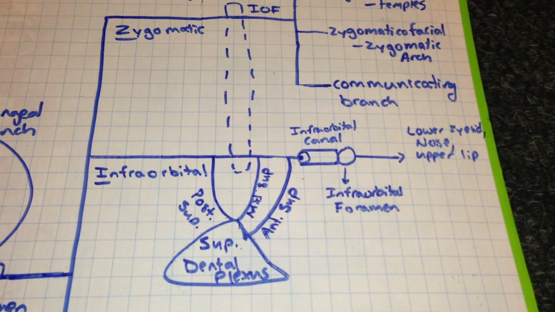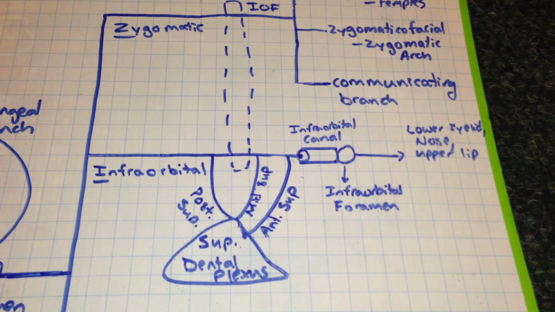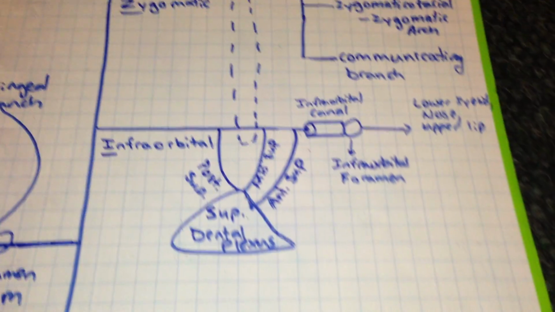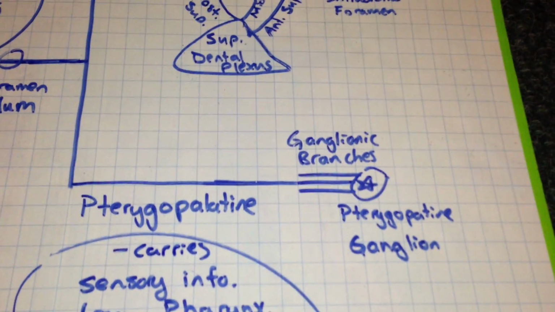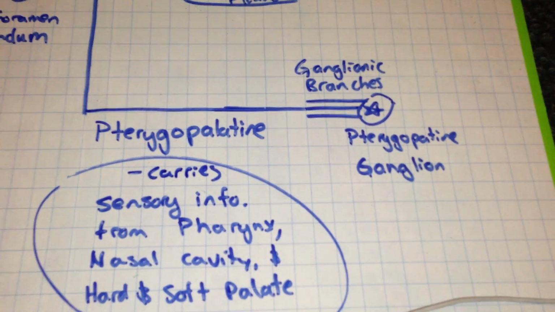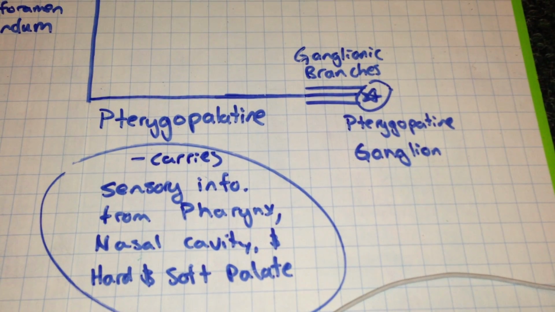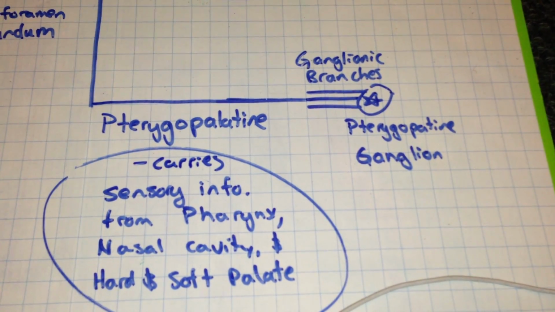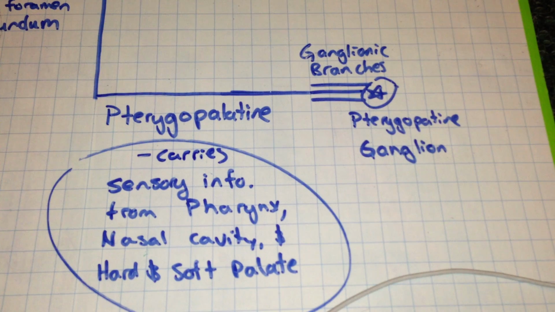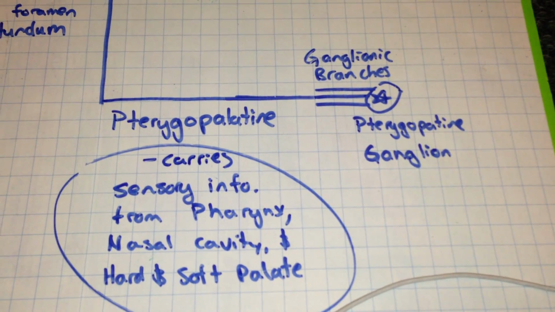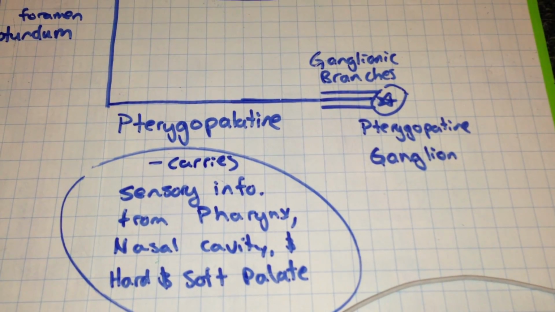So supraorbital is above the eye, and infraorbital is below the eye. Now we have its last branch, the pterygopalatine. The pterygopalatine branch gives off ganglionic branches to the pterygopalatine ganglion. Now the pterygopalatine branch itself is going to be responsible for innervating the,